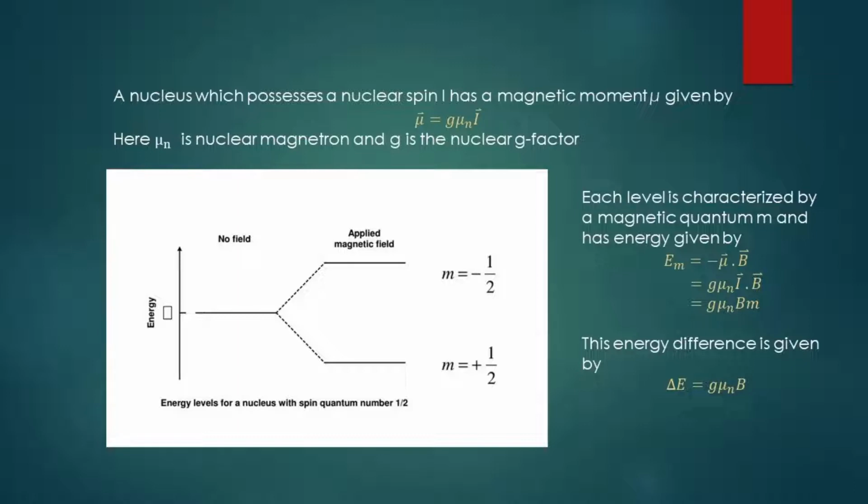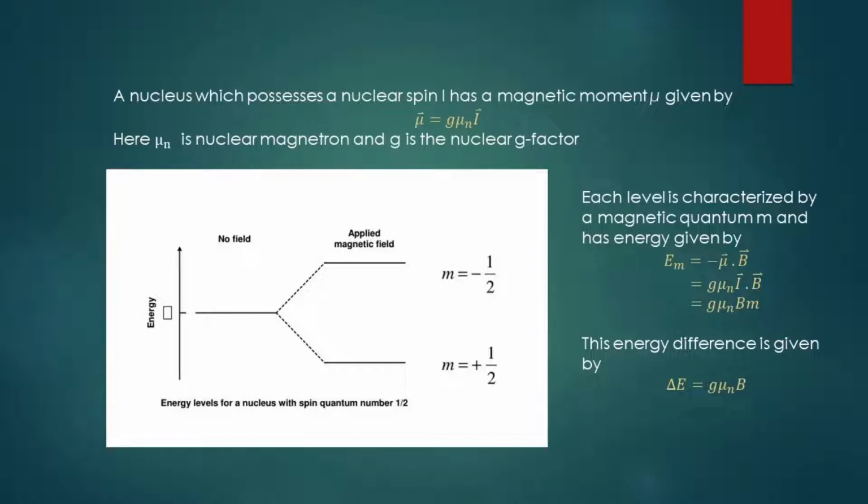So in atomic physics, we have already read about the Bohr magneton, right? Which is equal to eħ by 2m_e, and it is mu_B. Bohr magneton is mu_B, that is eħ by 2m_e. e is the elementary charge. What is ħ? ħ is the reduced Planck constant, that is h by 2 pi, right? m_e is the rest mass of the electron, but mu_n is the